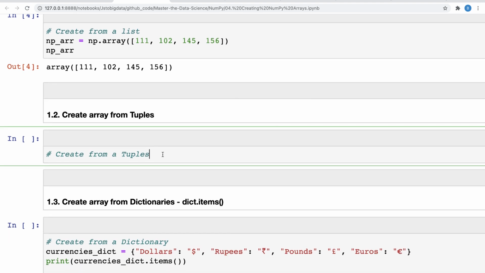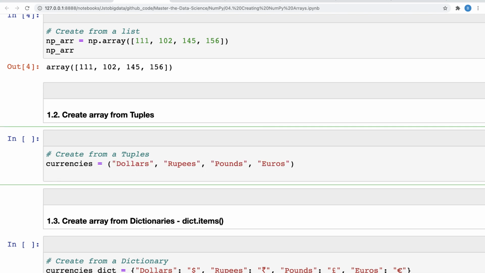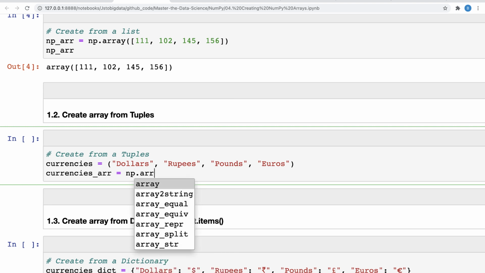And then let's say I have a tuple as well. Okay, and I want to create an array of it, so I can also do that. So I can say, let's say currencies array equal to same syntax, np.array, right?